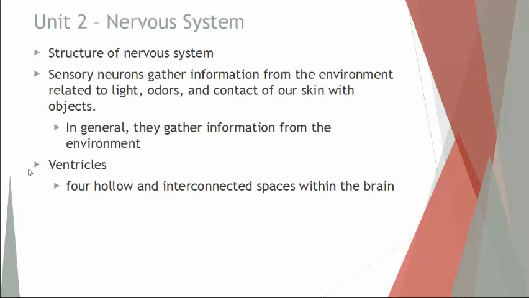Another key part of the brain itself are the ventricles. Ventricles are not only found in the heart, they're also found in the brain. These are four hollow and interconnected chambers within the brain. And these are filled with cerebrospinal fluid. This is where the cerebrospinal fluid is actually made. And a function of the cerebrospinal fluid is to help nourish and to cushion both the spinal cord and the brain. It's basically a big pillow of water that surrounds the cord and the brain itself to protect it from physical trauma.